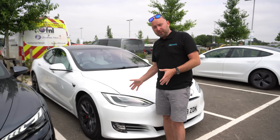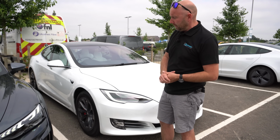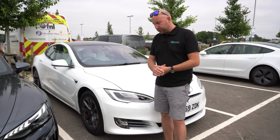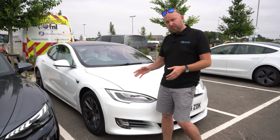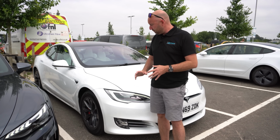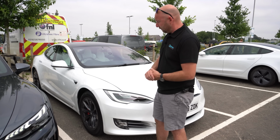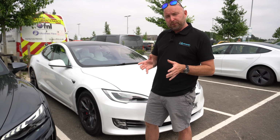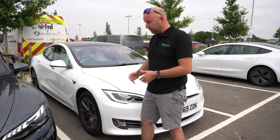And then we have the benchmark, a Tesla Model S long range. Now this is a Raven edition, so it is one of the newer ones, which is a bit more efficient. It's from late 2019, but it is a performance one as well. Really the fastest car here on paper. We've got the 19-inch wheels on this car, which do help with efficiency compared to the 21-inch wheels, but it